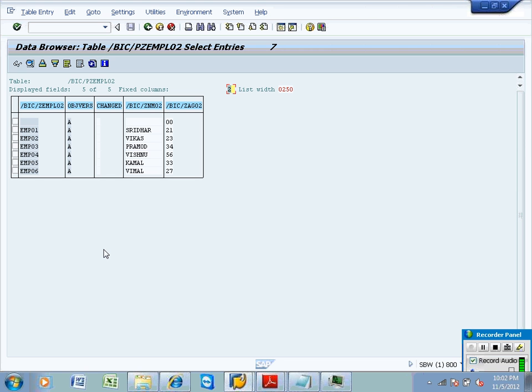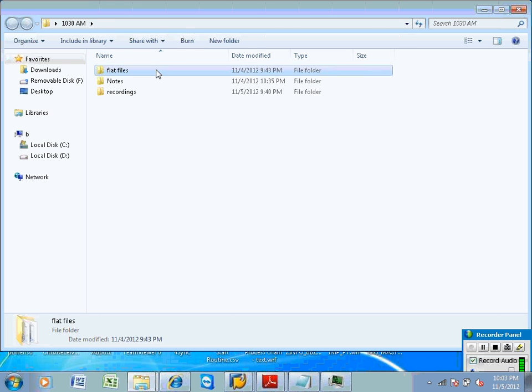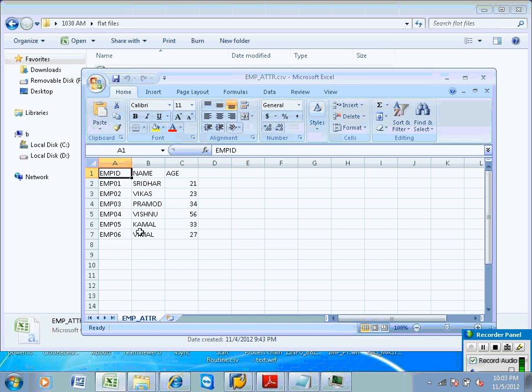See, let me discuss a small concept called attribute change. They are loaded attributes, correct? So if I load the same data one more time, the same data will be available here. Okay? It has override functionality. The previous information will be overwritten by the latest information. Now what I am doing, I am going back to the 1030 hash flat file, and I am selecting the flat file, and I am changing the email to Kishore. Save it. Close it.